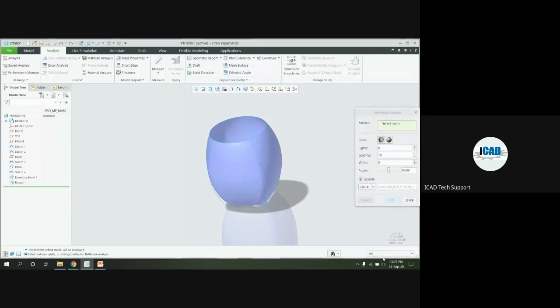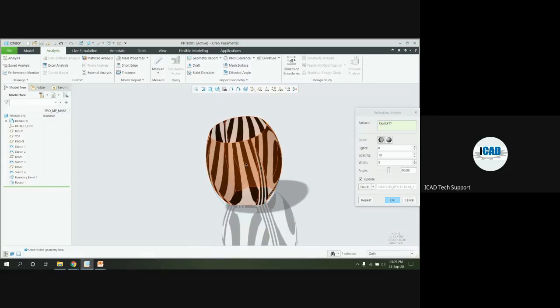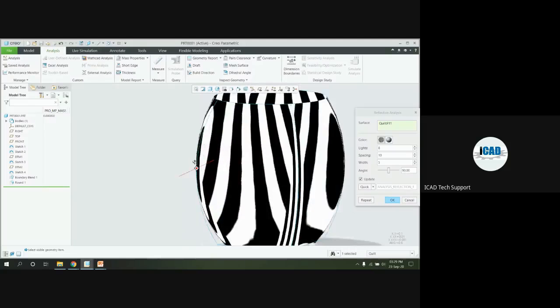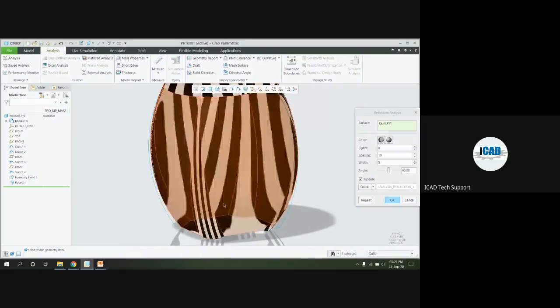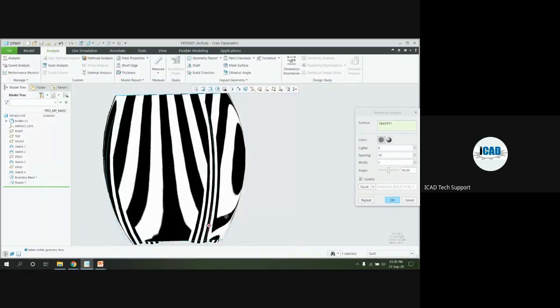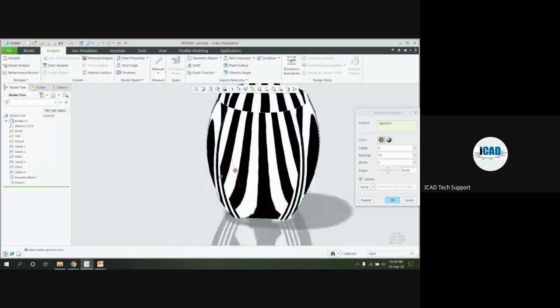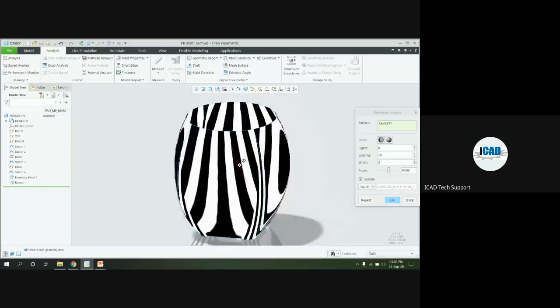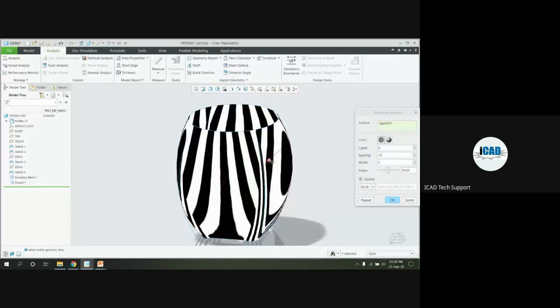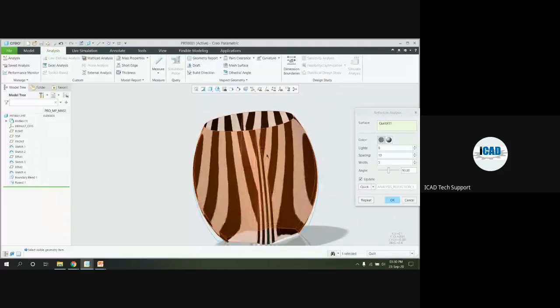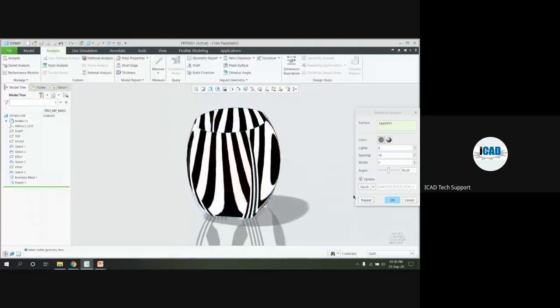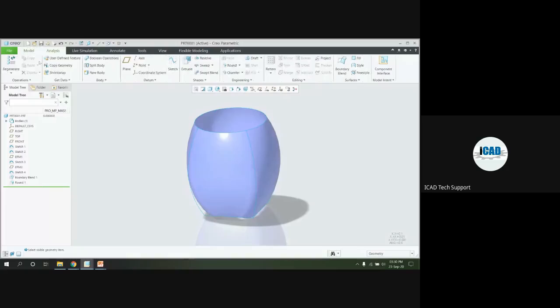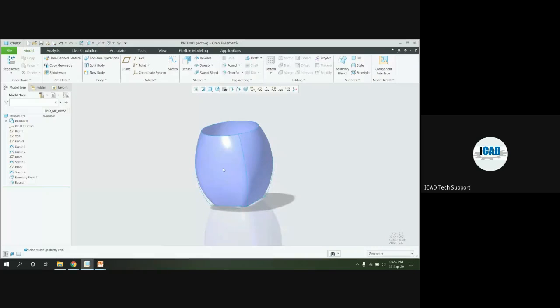For that, you can directly select the quilt. Here is the smart filter option available. By using this, you can select the whole quilt. Now you can see. By using this toolbar, we can check the surface finishing in the automobile industry, as well as the product development in plastic manufacturing companies as well. All this reflection analysis gets used, and by using this, they are trying to give the finish for their final